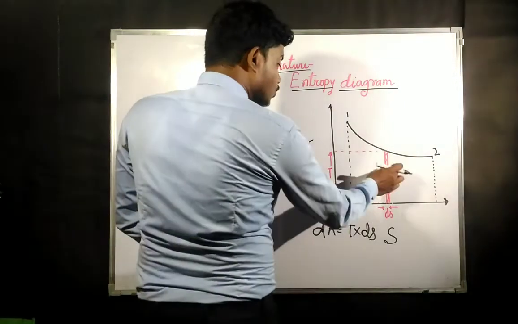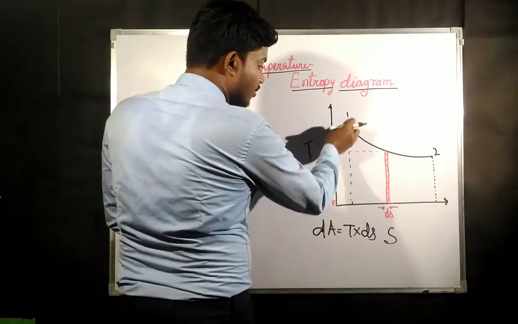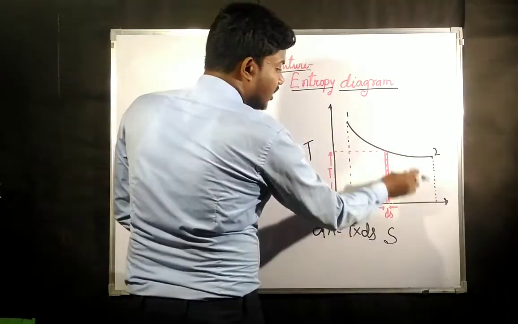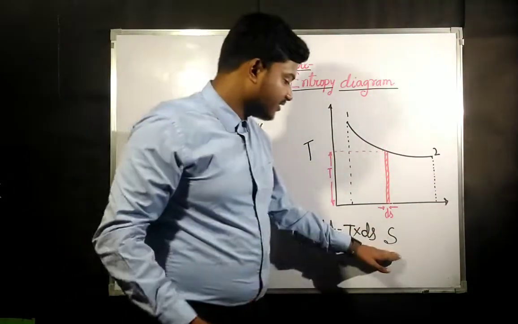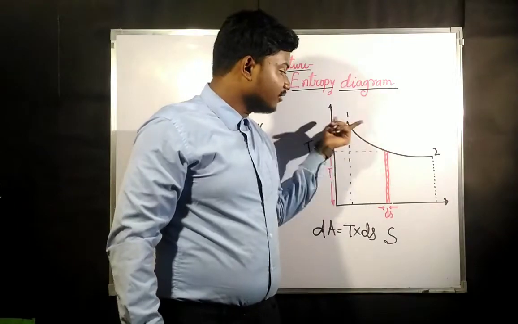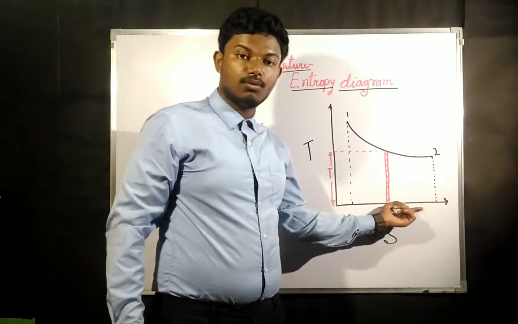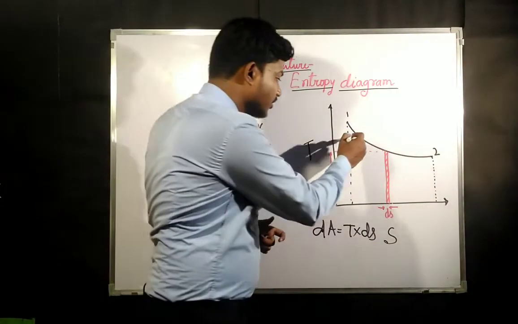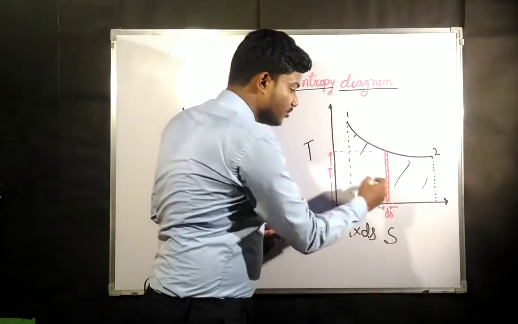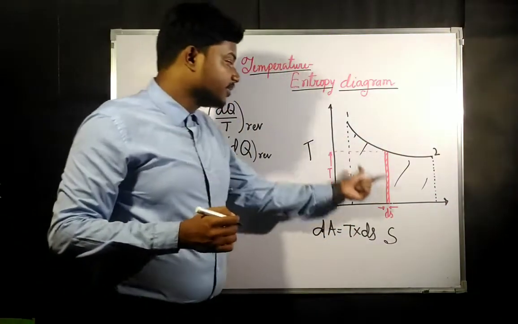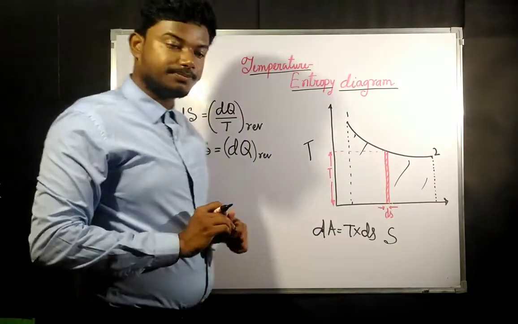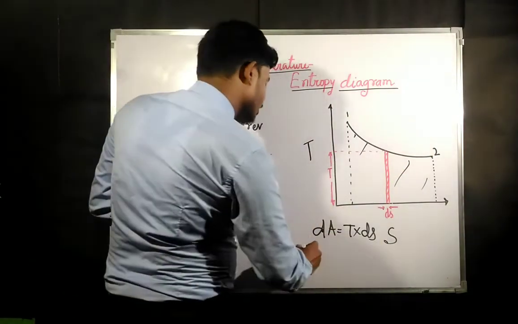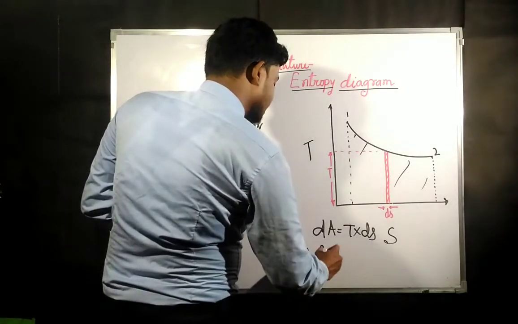Okay. Now to get the area of the whole area when it is projected under this curve in entropy axis, or in s axis, when the area of that curve is projected, then what area are you going to get? You are going to get this complete area if you project this curve on entropy axis. Okay, so what is going to be the area? This area is going to be